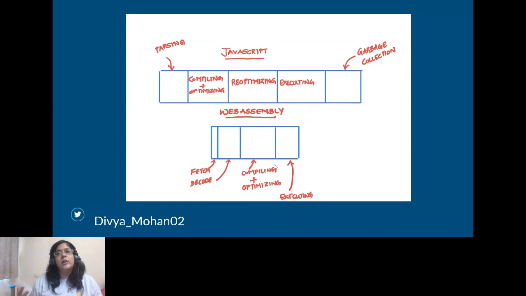So there's not going to be a lot of fancy memory management stuff like garbage collection, although it is in the proposal for inclusion in subsequent versions. But as of version 1, there are no fancy memory management automations like garbage collection. And given that it's the binary instruction format, the actual process of execution for a WebAssembly code is significantly lesser. So that is one obvious